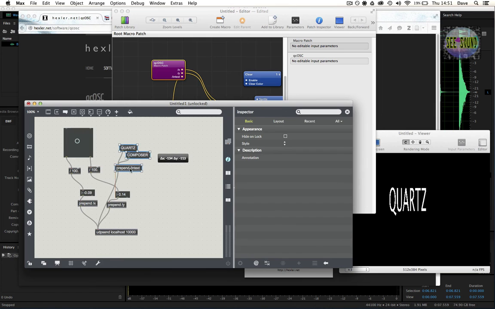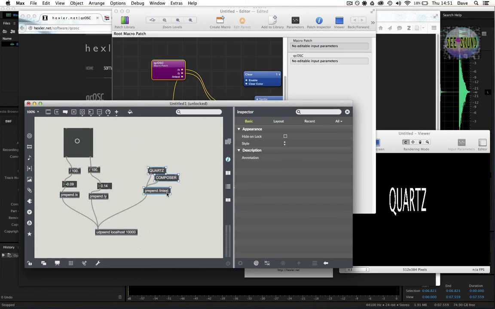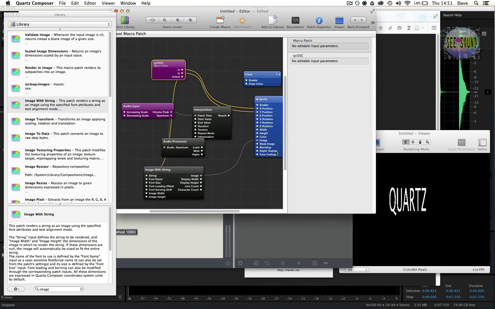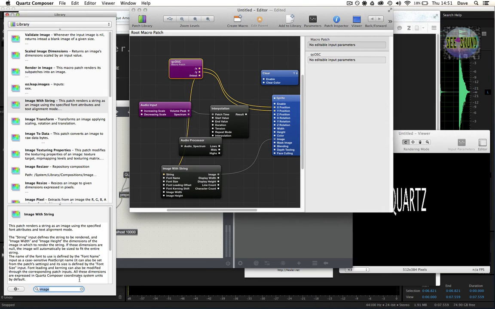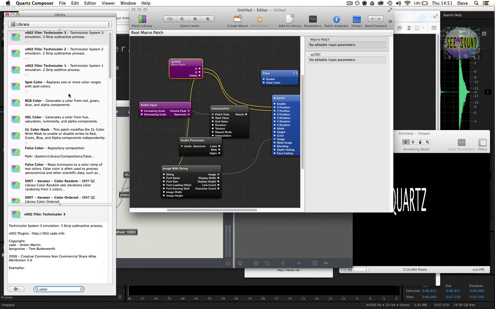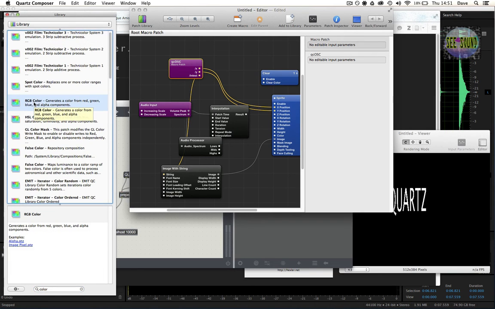Another example of data type communication, or what we can do with information from Max. I want to change the color of the text here. To do that, I need to change the color of the sprite. So, a couple of ways of doing it. Type color here. Again, lots of effects. The built-in options are RGB color and HSL color. I'm going to go for RGB color